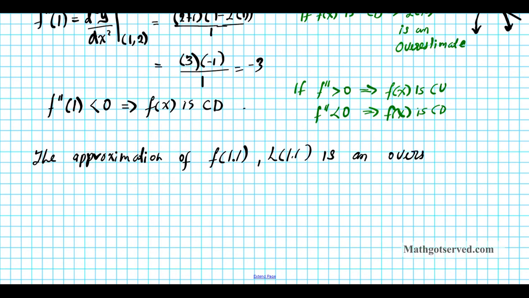On the AP exam, you have to explain your reasoning. Okay, you can't just say it's an overestimate. It's an overestimate because the second derivative of f is less than 0 at x equals 1. Okay, so since the second derivative is less than 0 at x equals 1, f of x is concave down,